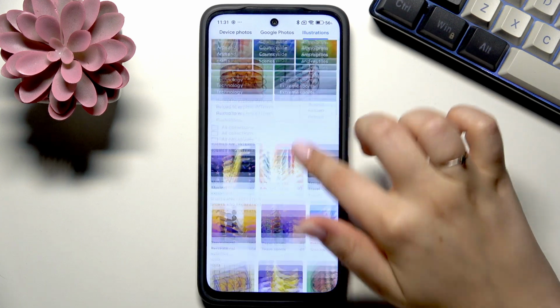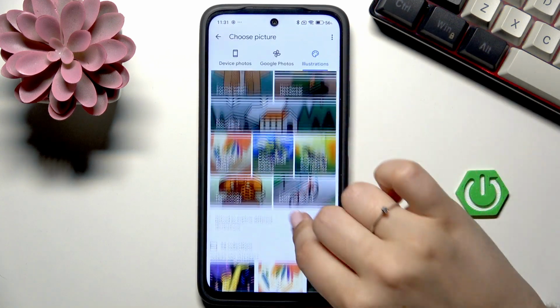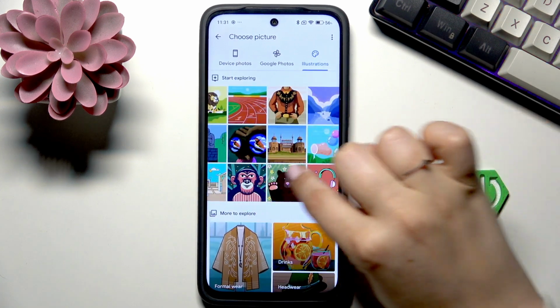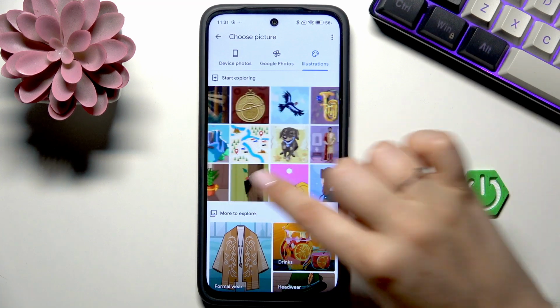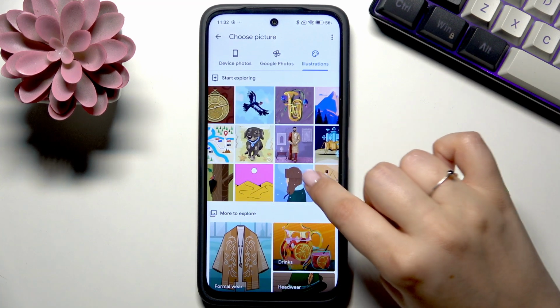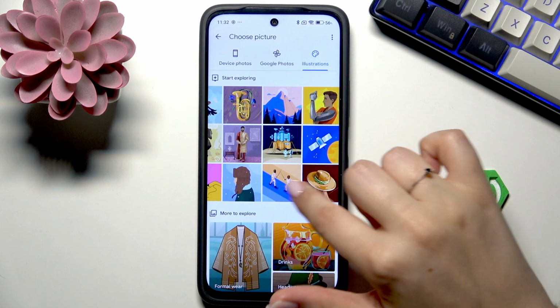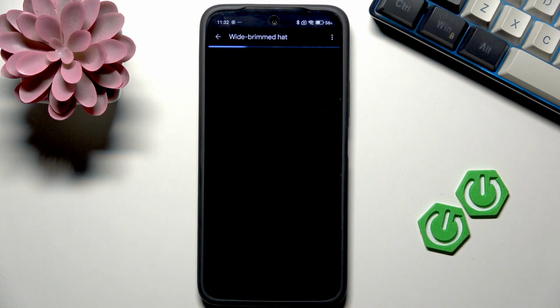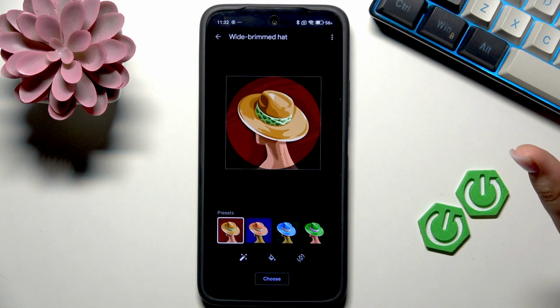So if you do not have any kind of photo, you cannot really take a photo of someone whose contact you'd like to customize, you can try to find something interesting here and set it as a photo. So let me pick, maybe I don't know, maybe this one. So just tap on it, and it doesn't matter whether you will choose the